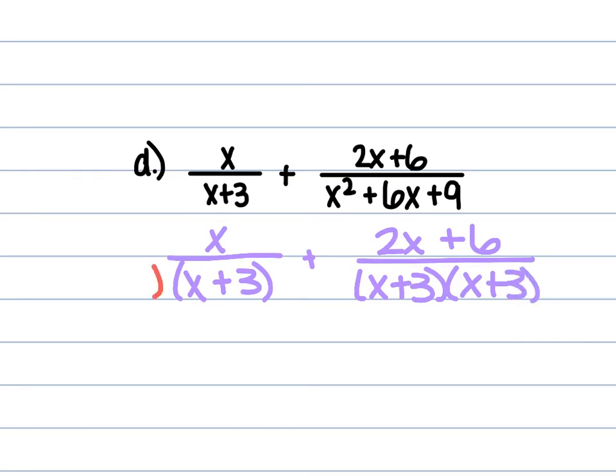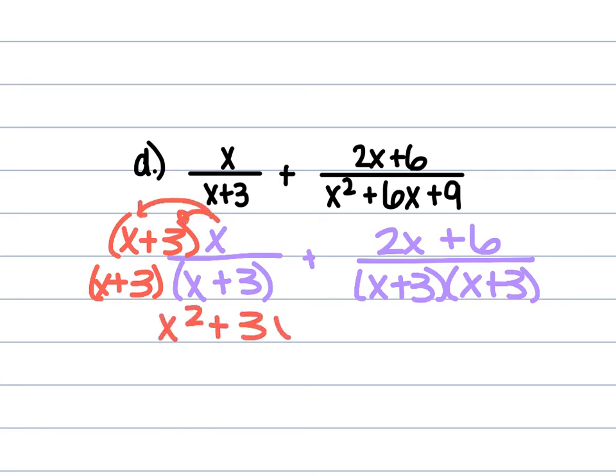We're missing the x plus 3 from the first, so I'm going to distribute the x into the x plus 3 to give me x squared plus 3x over x plus 3 times x plus 3,